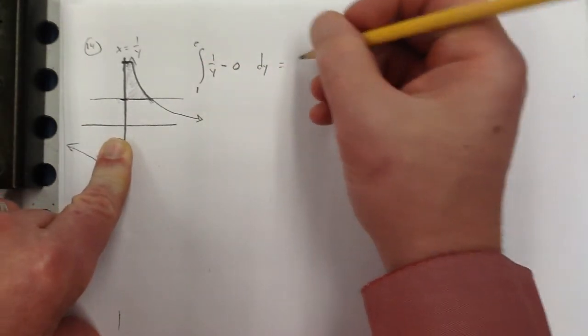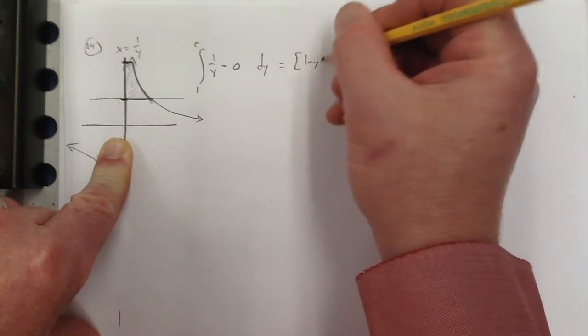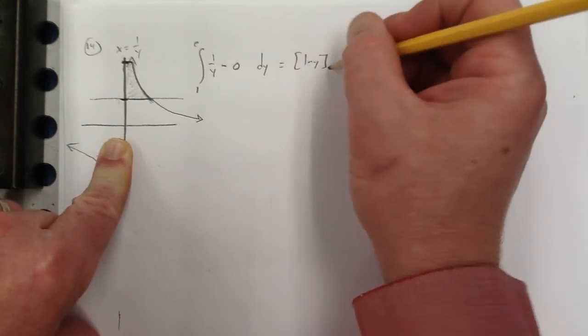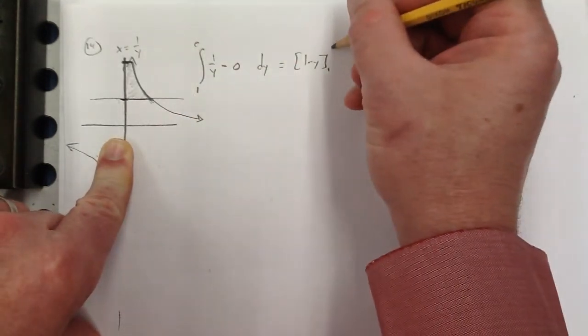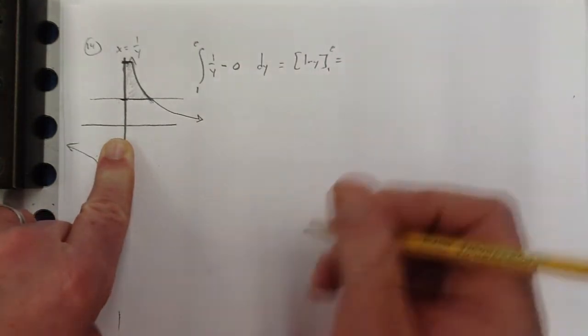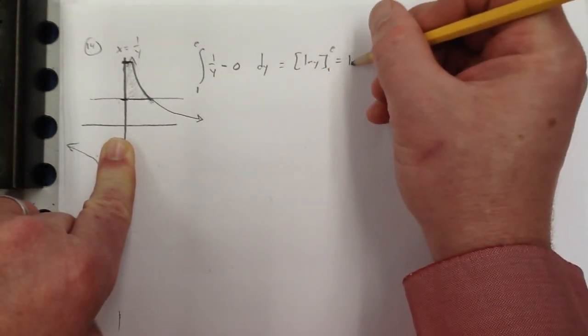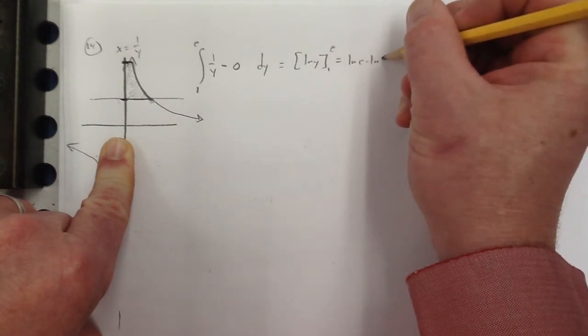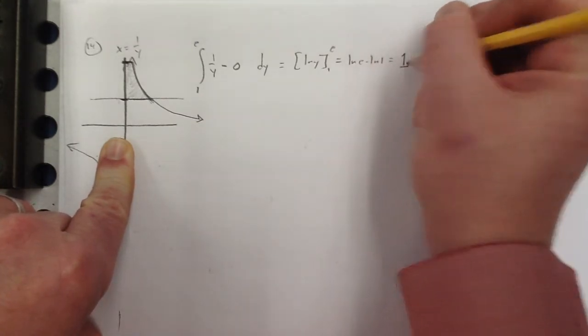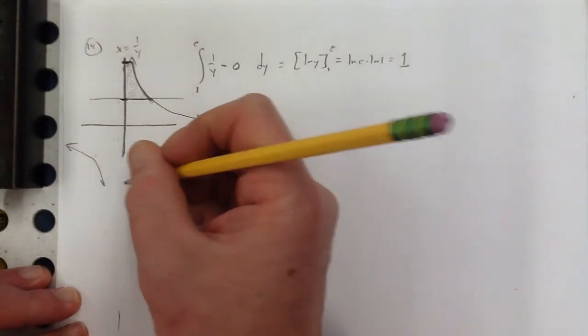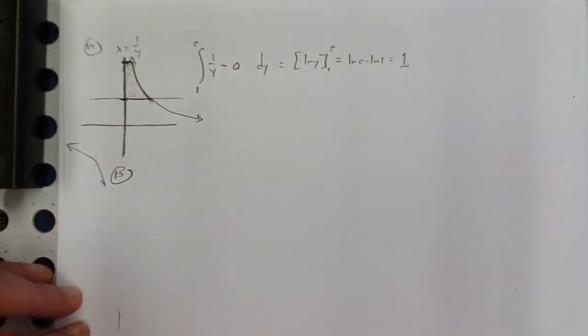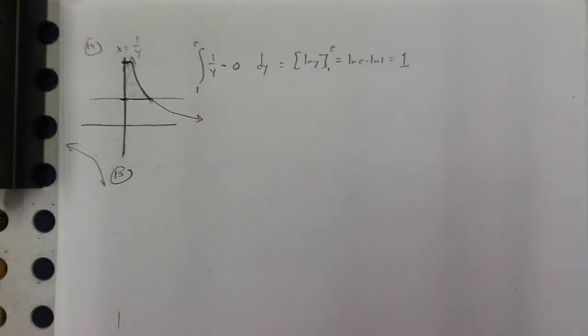What's the antiderivative of 1 over y? It is natural log y. It's natural log absolute value y, but these are both positive, so I can dispense with that formality. So that's natural log e minus natural log 1, which is 1. All right, just a couple more left. Number 15,